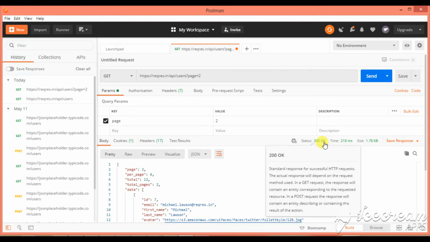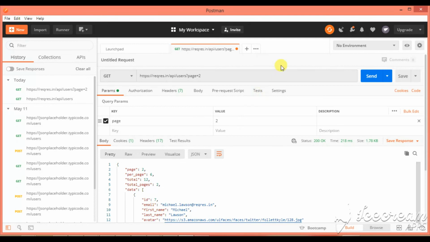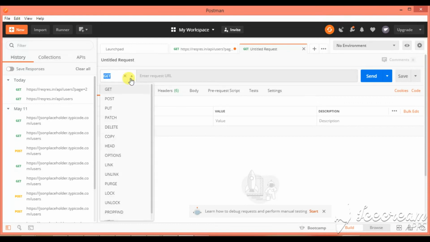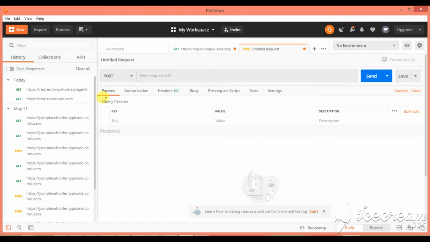So now we'll move to create one post request. I will again click on the plus sign and here I'm checking for post request. So I'm going to put my post request here and then I'll click on the body.